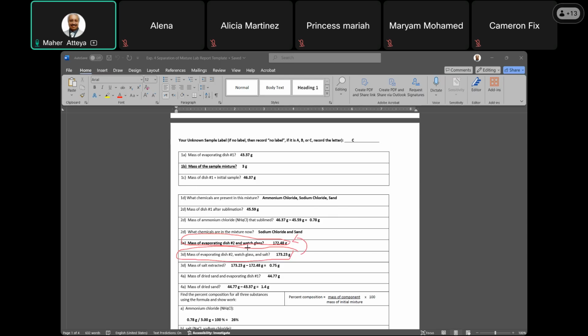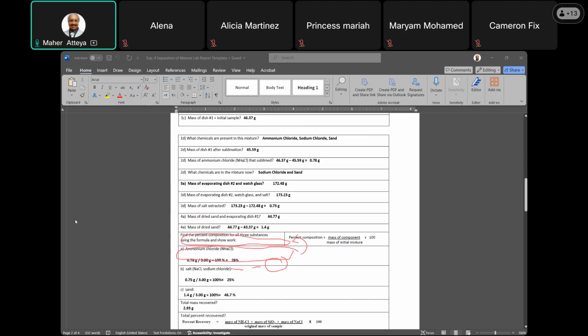So the mass of the evaporating dish and the watch glass is 172.48, correct? That's empty. Now filled with the salt is this one here. So the difference between filled minus empty will give us this amount. Correct, guys? Any question, guys? So then I know the mass of this salt. I have to do it the same way we did. So let me clear the